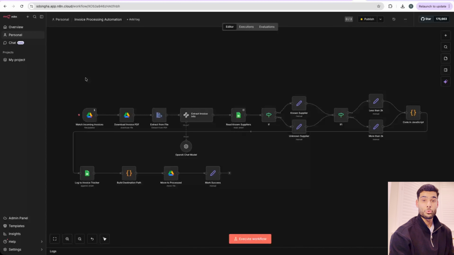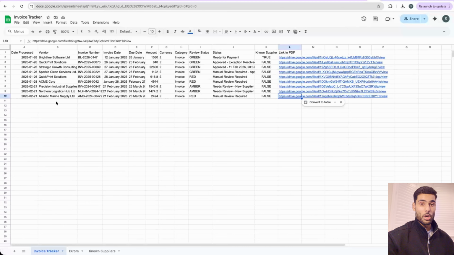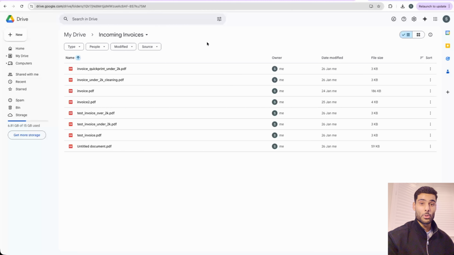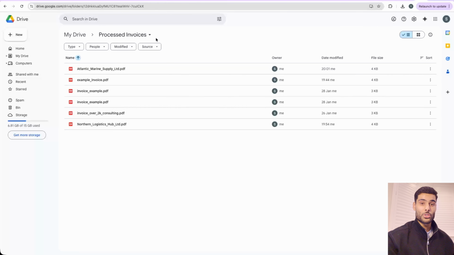I'm going to walk you through the entire workflow, and I'm even going to leave the JSON of the workflow down in the description so you guys can download the workflow, get it up in your n8n, tweak it however you like and sell it for yourselves. So to start with, I'm going to show you guys a quick demo of the workflow in action, and then I'll walk you through the workflow node by node so you can build this yourselves and sell this automation to